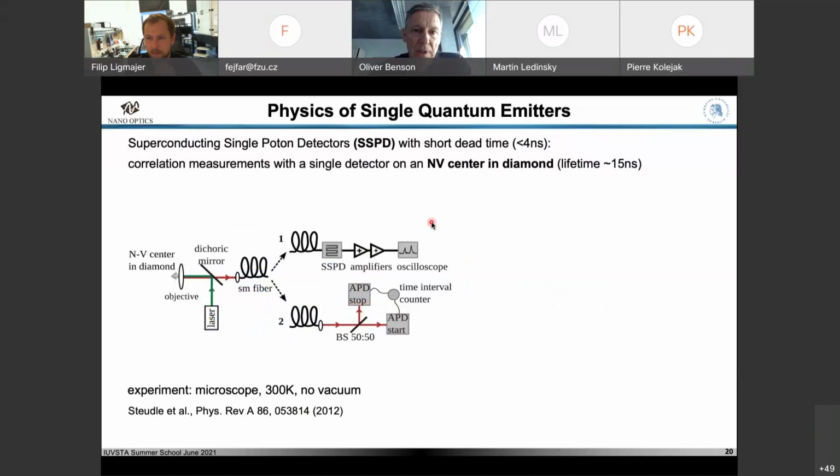Why is that? We did an experiment, as I mentioned, quite some time ago in two different configurations. So the light source here was an atom-like object. It was a defect center in diamond. I come back to this guy later on. And we excited it, and then we collected the fluorescence light from it. And then we sent this light from the single emitter to two different experimental setups.